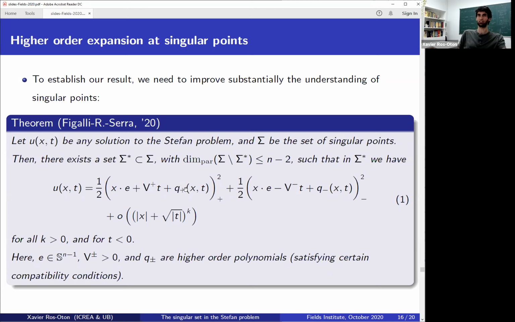If B plus and B minus are 0 and Q plus and Q minus are 0, this is the blow up. But then for the blow up, we can only get to order 3. Now what I'm saying here is, if you want to go to order K for any K, you need